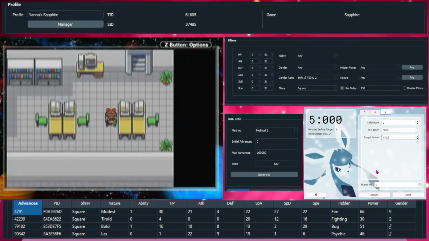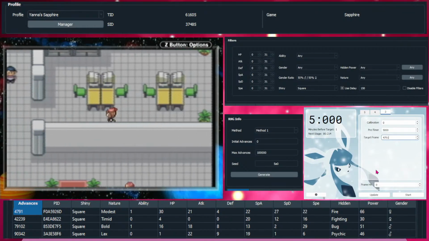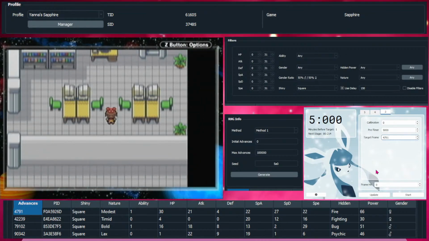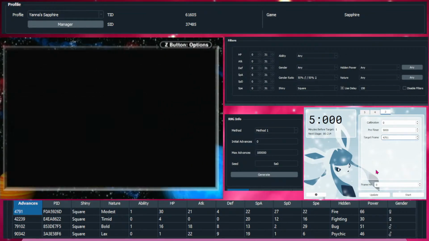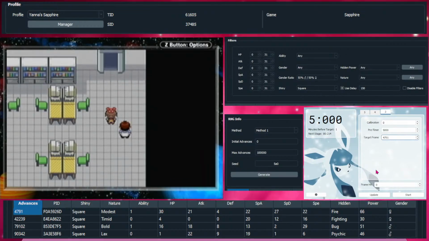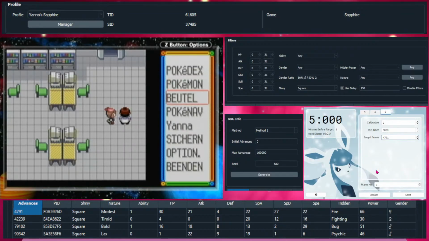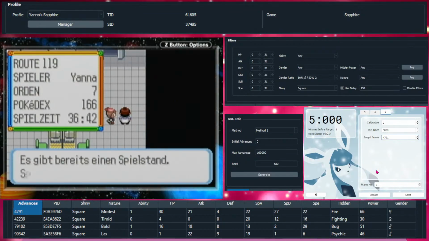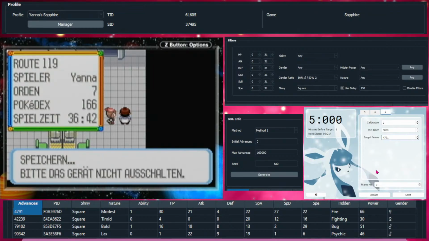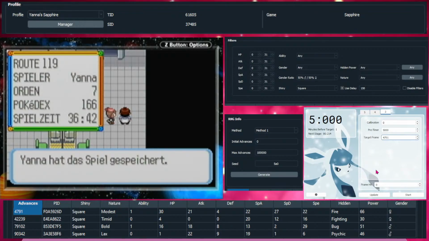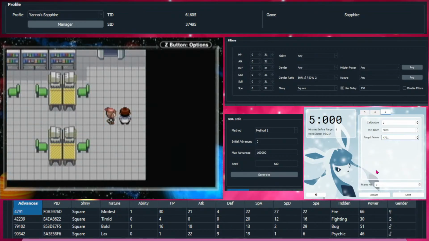Before I go, this is the Weather Institute. This is where you need to go. Make sure there's one free spot in your party, or else it's not gonna work. This is not like the newer games where the gift Pokemon, should you not have enough room in your team, get sent to the PC automatically. That's something that's not present in the older games, unfortunately. Right, so save in front of this NPC, this scientist,